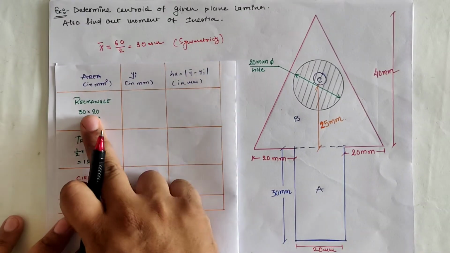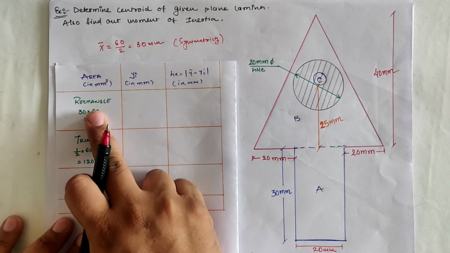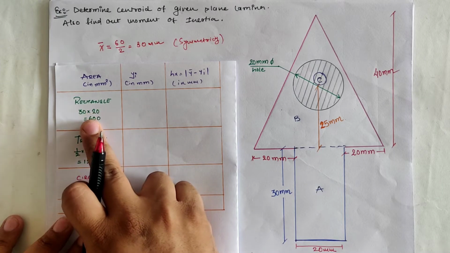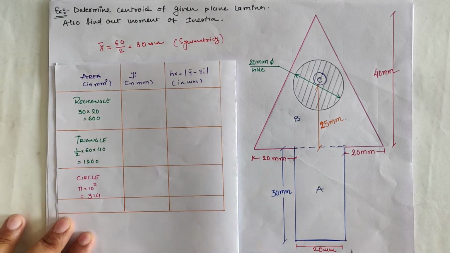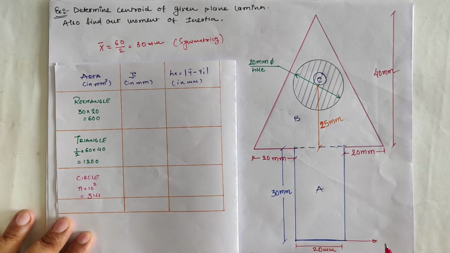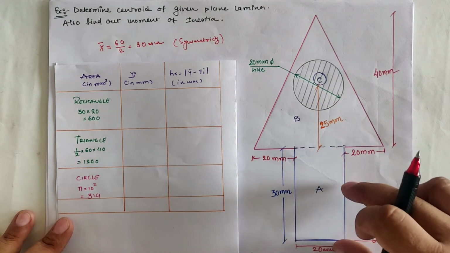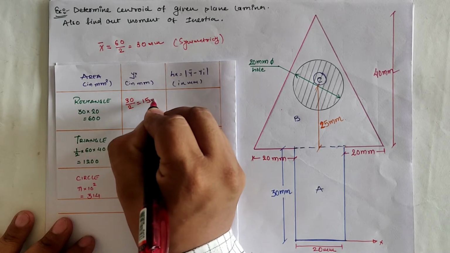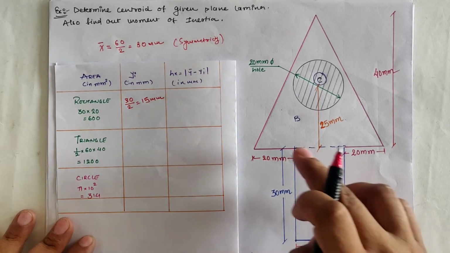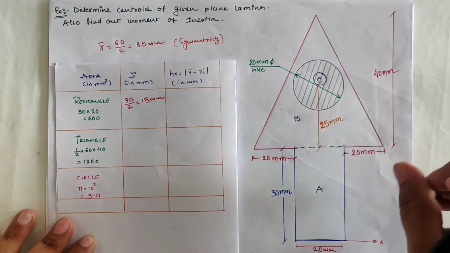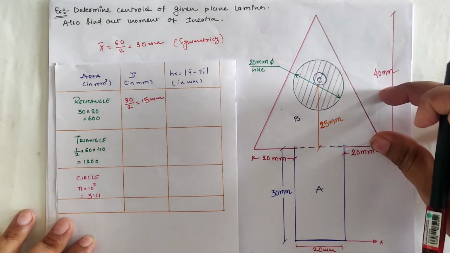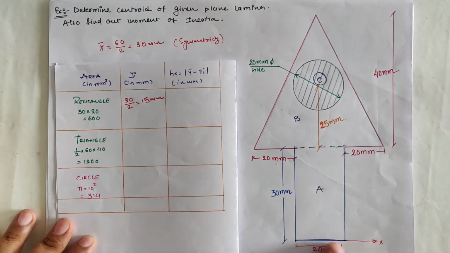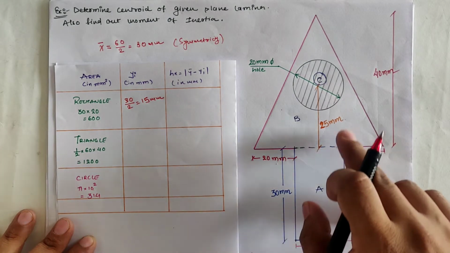For the rectangular part, the yi distance is the CG distance from the bottom axis. So let us assume the bottom reference axis as x, as shown in the figure. So the centroidal distance of part A with respect to the x axis is 30 mm by 2. So it is 30 by 2, which is equal to 15 mm. Now for the triangular part CG, we know that from the base it is at 1/3 of the total height, but we have to calculate the distance from x. So it is 30 plus 1/3 of 40,